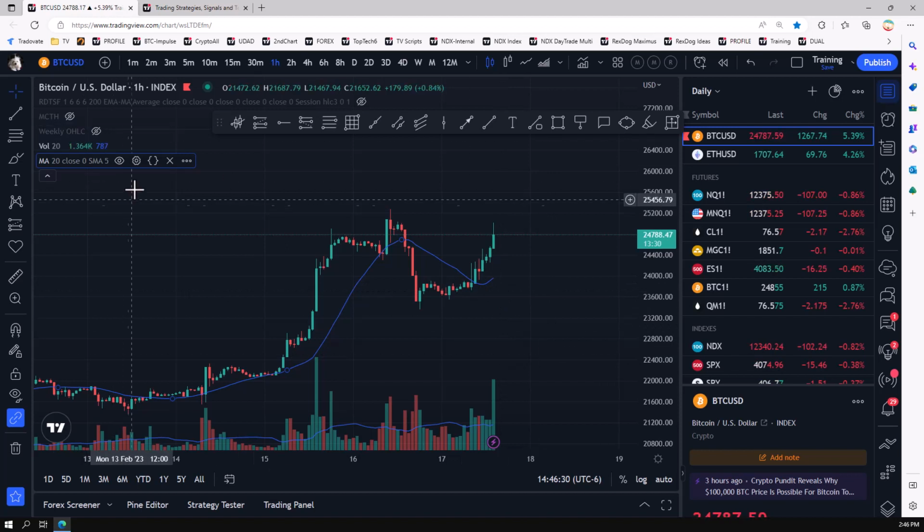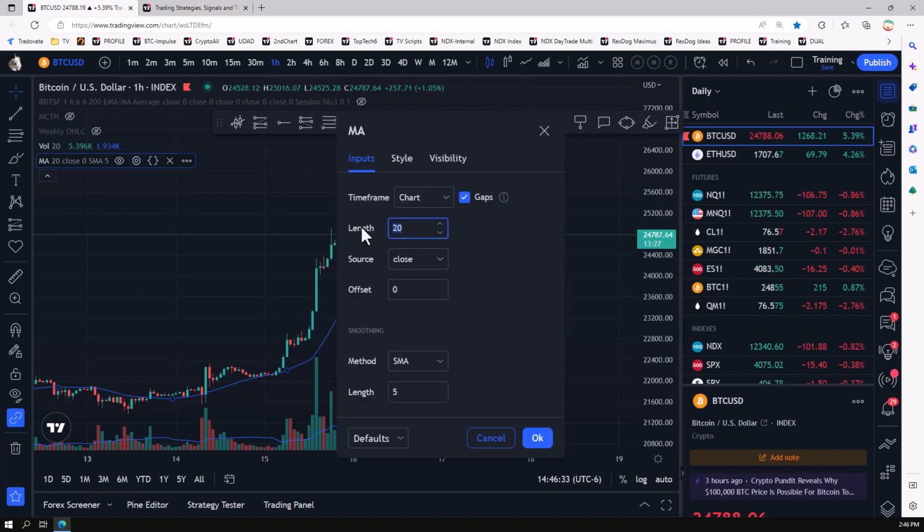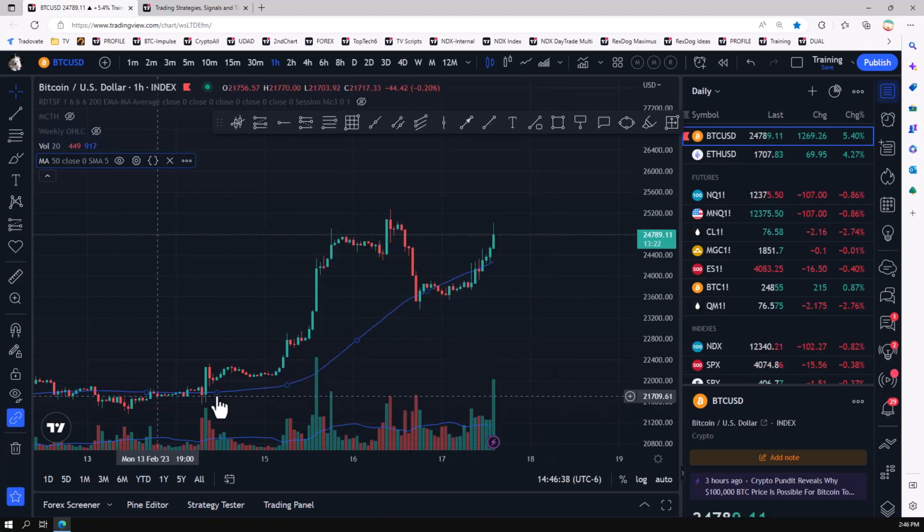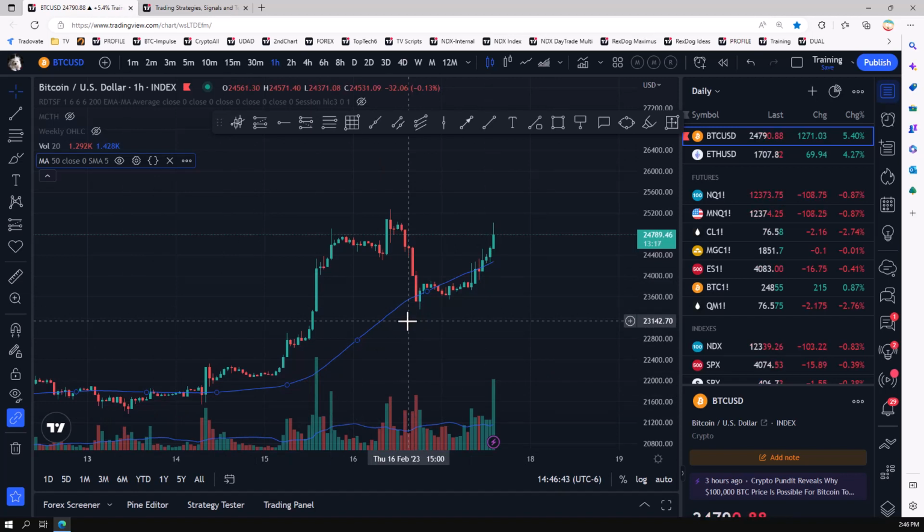Exactly. So if we change this to 50, you'll see how it slopes out, but that's because it's taking more bars into account when calculating. So these are elements that you'll learn that we use within the system. These are what's called lagging indicators, and most people think of that as a bad thing. I think that they're just not. When they talk about a moving average as a lagging indicator, the reason why they say lagging is because it